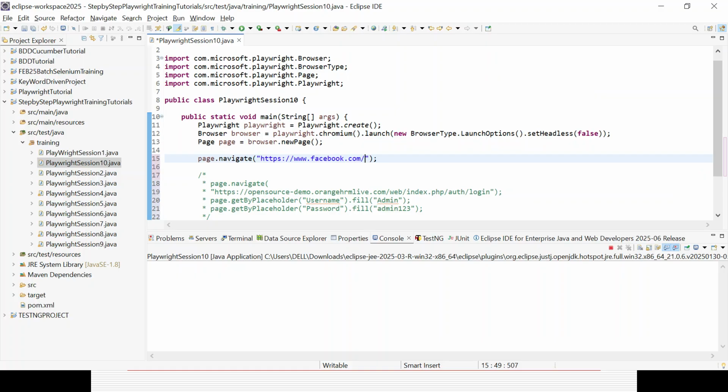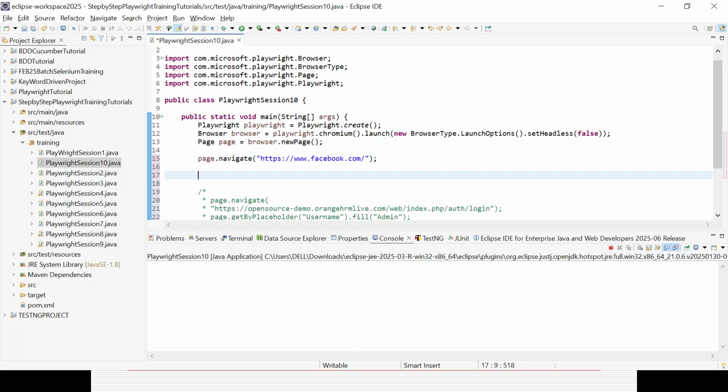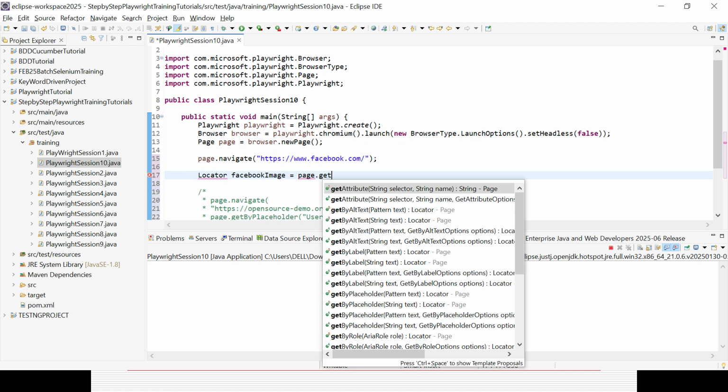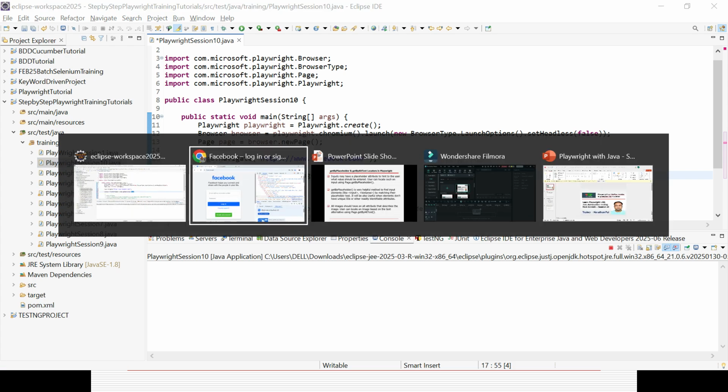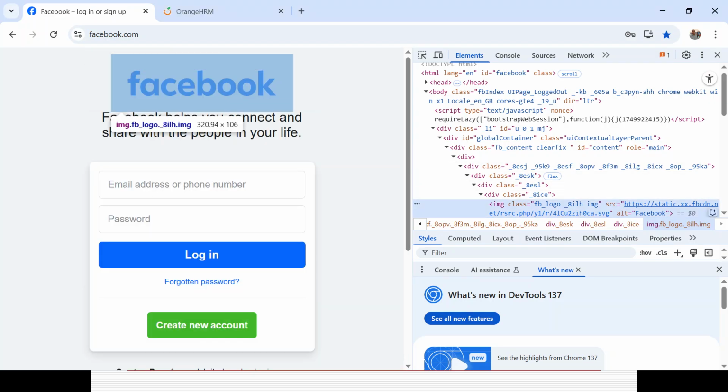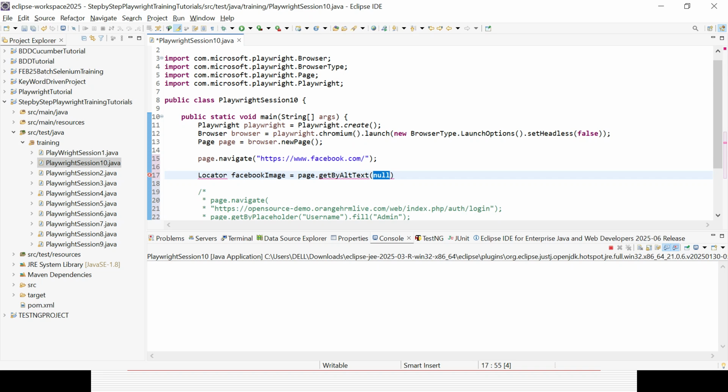So let's try to create some locators for this particular file, the Facebook image. What we will do is page dot get by alt text, and here I can pass the string. What is the alt text? The alt text is Facebook. So that is the way I can identify the element with the help of the Locator interface. I am identifying the element, so I need to import that Locator from